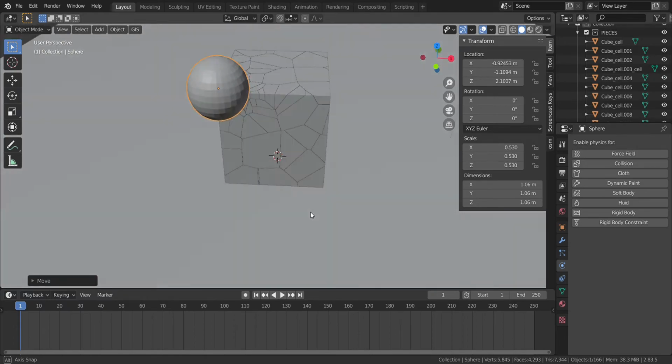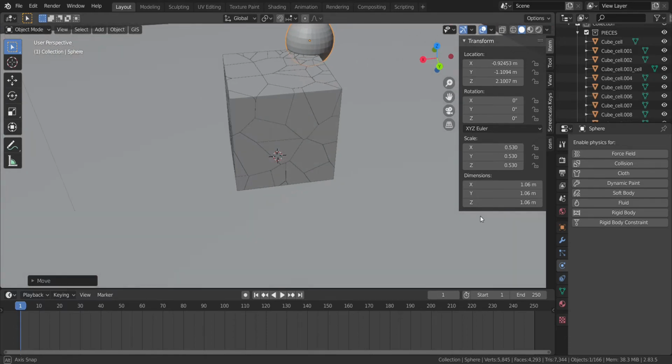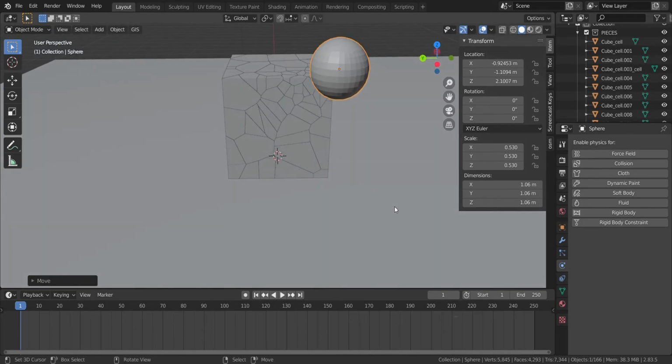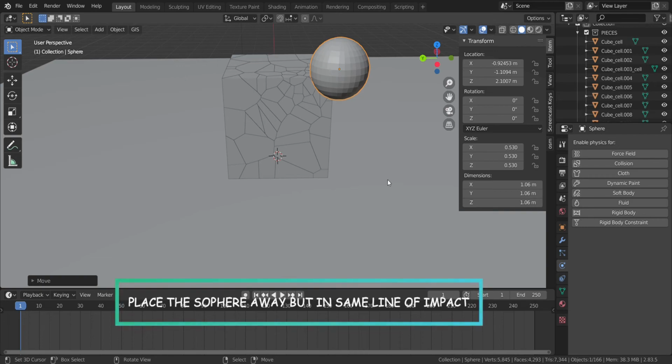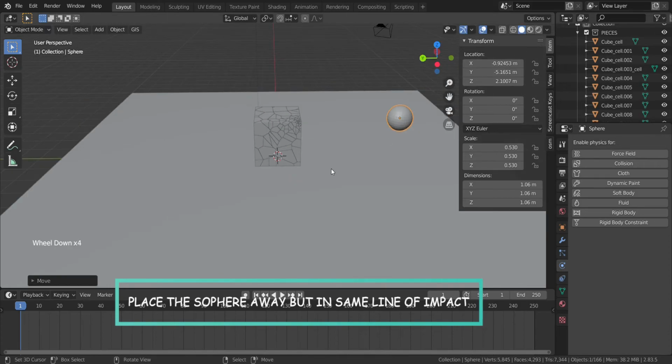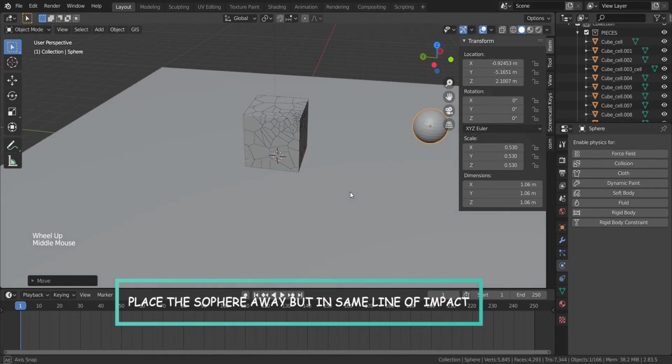Alright, now it's fine. Now what we will do is we will expand it away from the impact, like currently it's in the impact position. So we will take it away from the impact, like this much is fine.